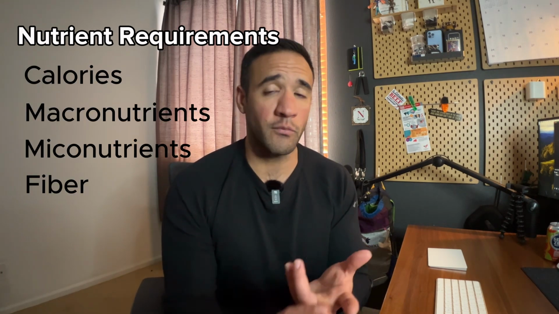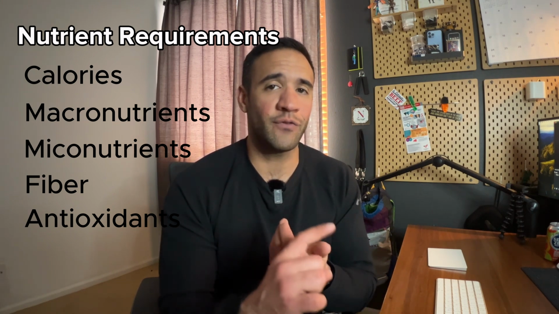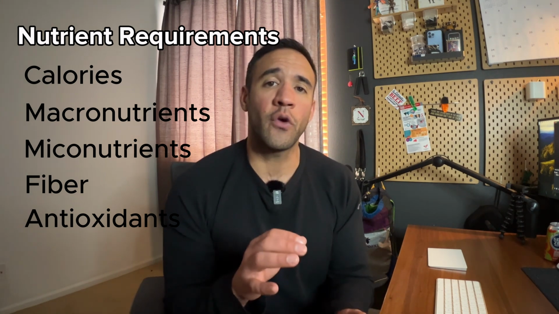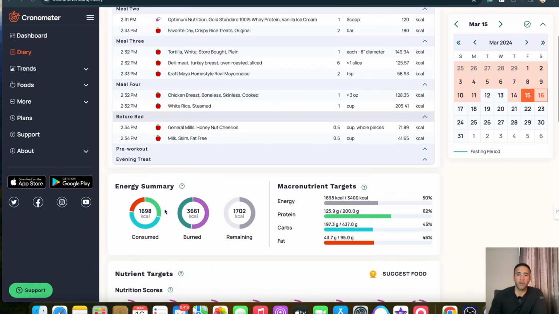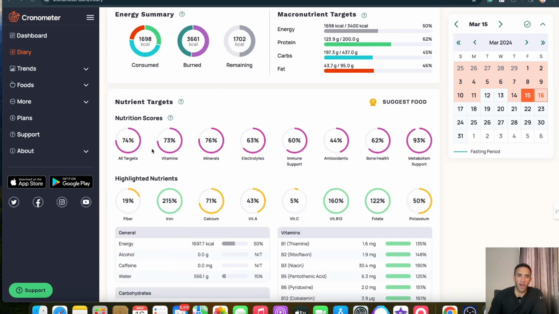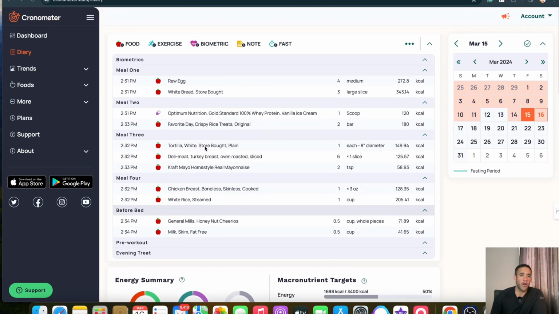Your calories, your macros, your micronutrients, so your vitamins, your minerals, in addition to your fiber and your antioxidants. So let's go ahead and look at how we're going to add this to our meal plan. We're back to the meal plan here, where we have almost perfectly met our macronutrients and our calories by eating this way. However, we fell a little short with our micronutrients, so our vitamins and our minerals, and our fiber and our antioxidants. So we're going to use the 5 food groups to make sure that we are meeting